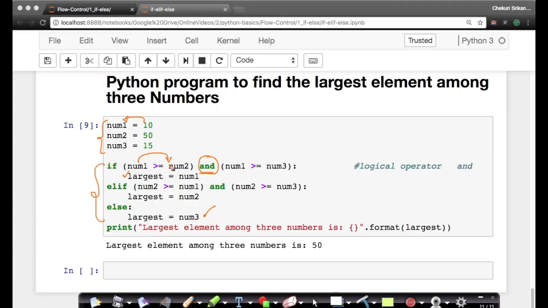This is a very, very simple example of using if else. And of course, if I run this, you'll get the largest number to be 50, as you would expect. Straightforward. So if elses are very, very important when you want to control how your code is being executed. Only when a condition is true, you want a snippet of code to run.